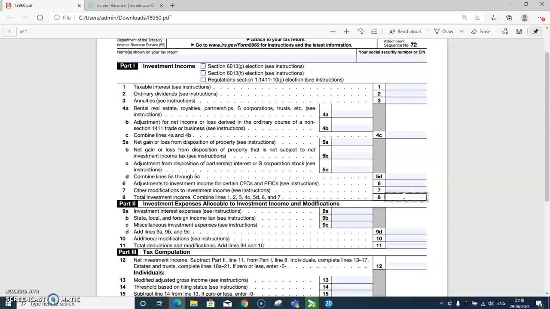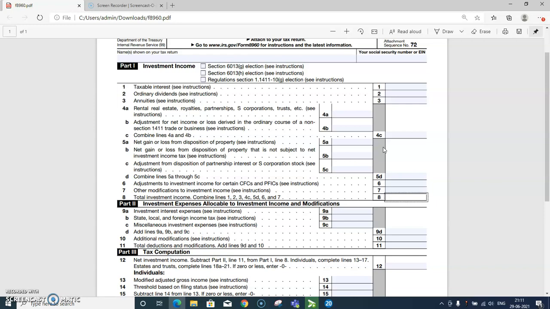Now the question comes, when to file Form 8960. If your MAGI is above the threshold amounts mentioned above, you may need to prepare Form 8960 to see what your net investment income is. If it turns out that your net investment income is 0 or less, you don't need to file the form with your taxes. If your net investment income is $1 or more, Form 8960 helps you to calculate